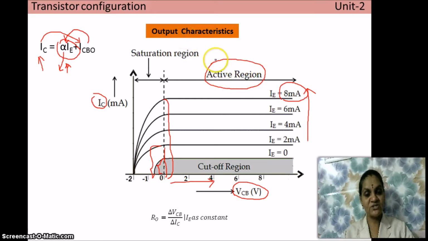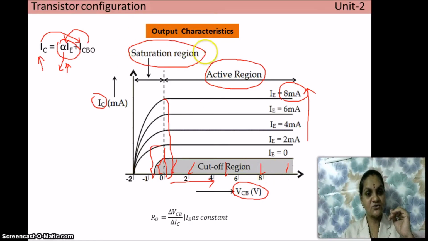So this is one mode of operation, active mode or active region. The other two regions of operation are the saturation region and the cutoff region. Cutoff region is possible when both the junctions are reverse biased. So when both the junctions are reverse biased, what will happen? Depletion layer width will be very high on both junction sides. So it won't allow the current to flow through it, because charge carriers are not permitted to cross the junction. As a result, only a small amount of current flows through the junction due to minority charge carriers. That current is called leakage current. This region of operation, we call the cutoff region. In the cutoff region, the transistor is said to be acting as an open switch.